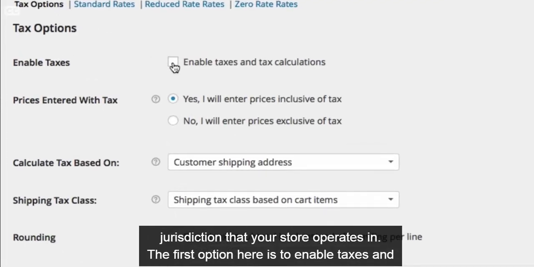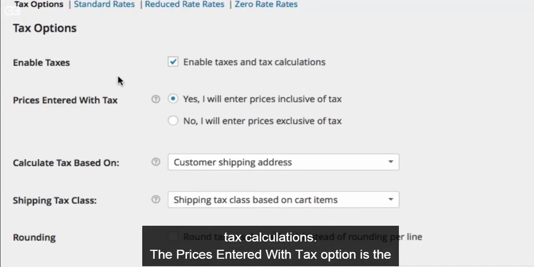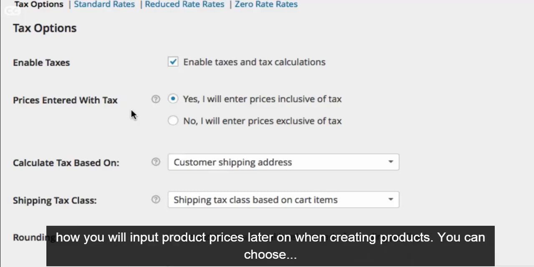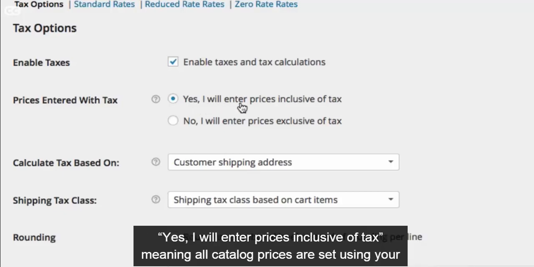The first option here is to enable taxes and tax calculations. The prices entered with tax option is the most important option when setting up how you manage taxes in your store, as it determines how you will input product prices later on when creating products. You can choose, yes, I will enter prices inclusive of tax, meaning all catalog prices are set using your store's